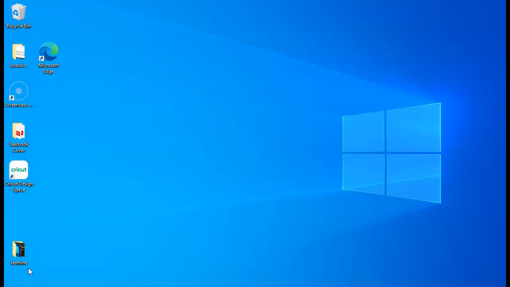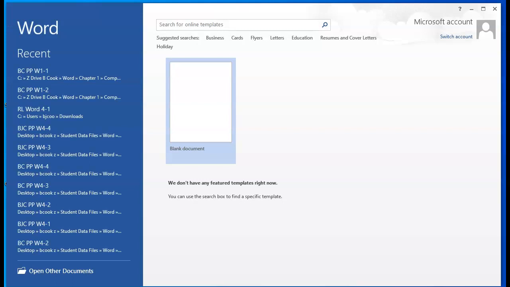Okay, now we are ready for Pause and Practice 1-2 in Word 2013, and we're on page 25 in the Word workbook, and we're going to customize some things in the letter that we wrote in Pause and Practice 1-1. So first thing I'm going to do is open Word, and I have it pinned to my taskbar down at the bottom. So that is open, and then I'm going to